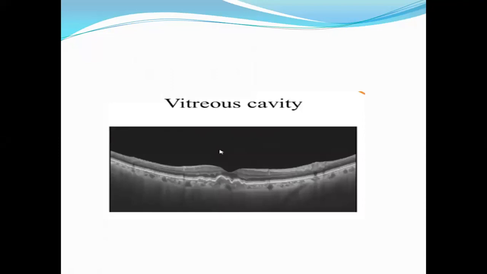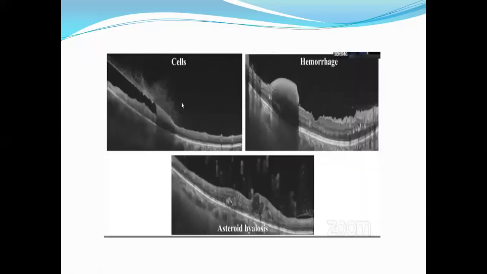Normally the vitreous does not reflect light, so it appears completely black. But in some cases there can be hyperreflective dots in the vitreous. So it can be seen in multiple cases. Whenever you get a single OCT image, you should not directly jump to the diagnosis. For example, in the first picture, this is basically a case of retinitis, where these hyperreflective dots probably depict the cells in the vitreous.